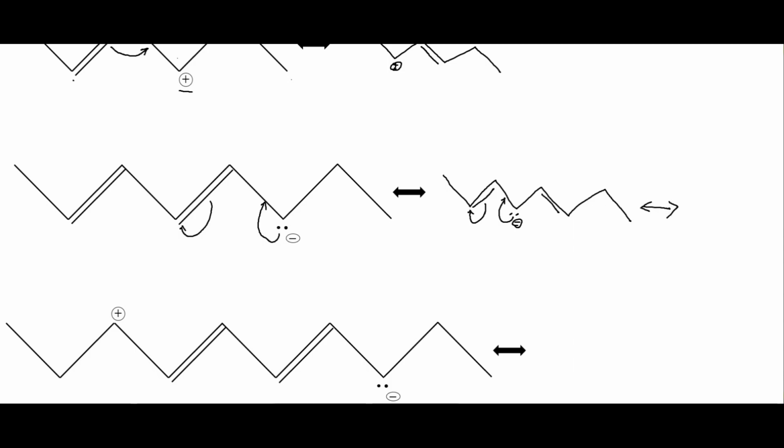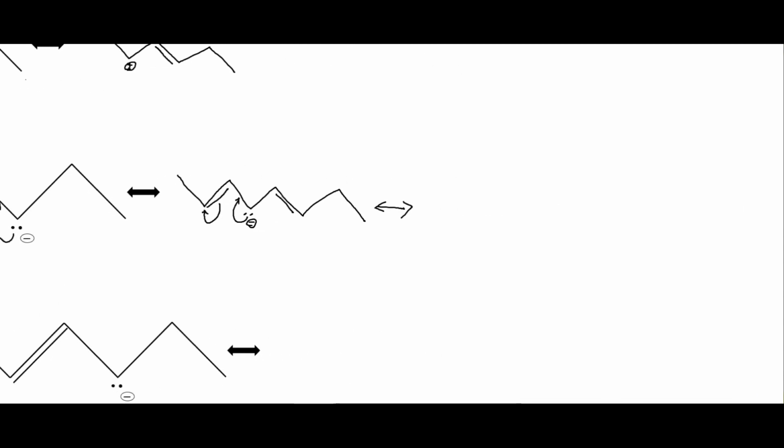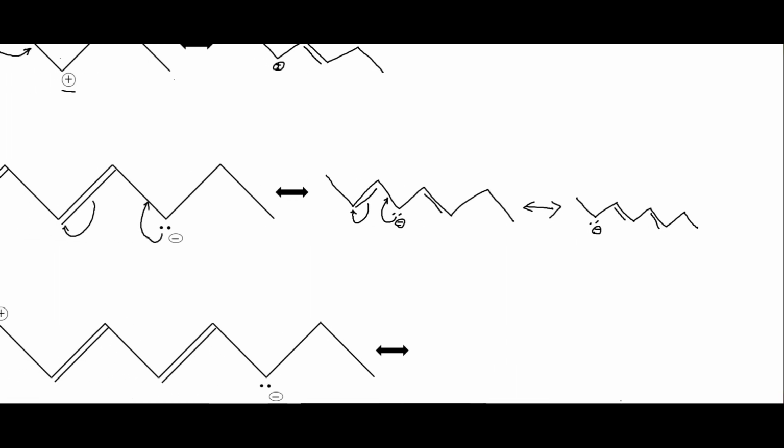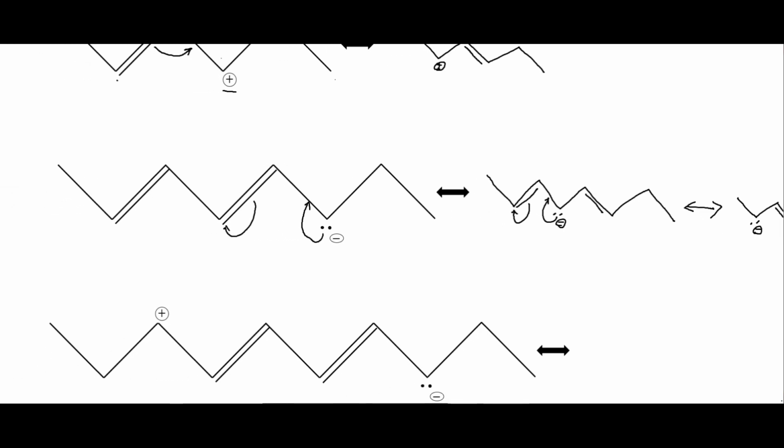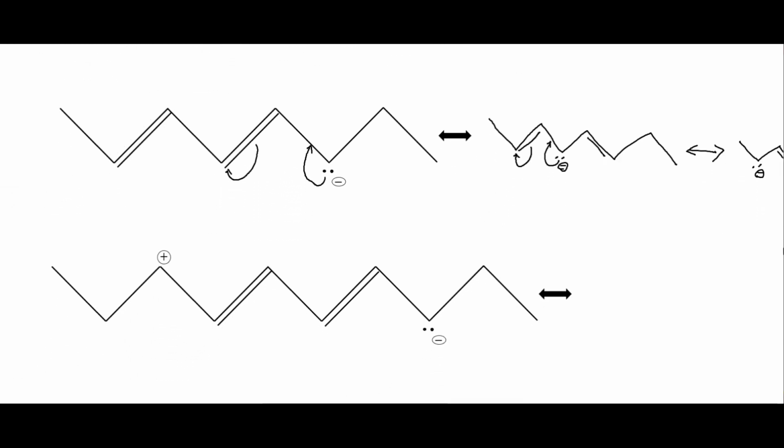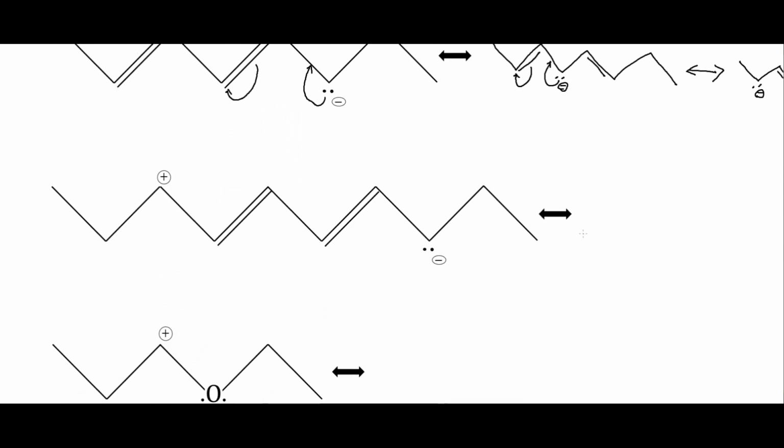So I'm going to move this over here. And so we have 1, 2, 3, 4, 5, 6, 7, 8. Now we have the lone pair there with the charge. We have a double bond there and a double bond there. And so those are the three resonance structures for that molecule. So we can go down here, and what we see, we now have